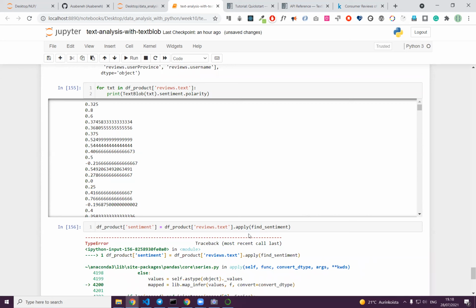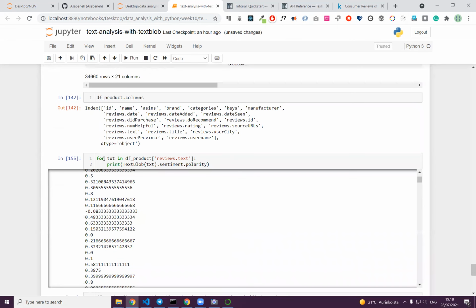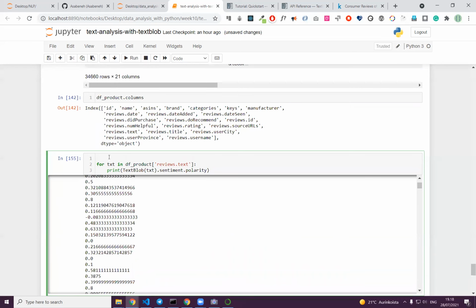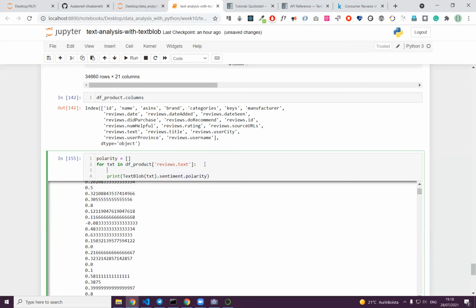If our function is not working, what we can do is a very lazy way of implementation: const no polarity. I can just do this, and polarity dot append